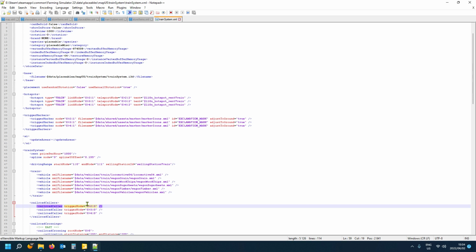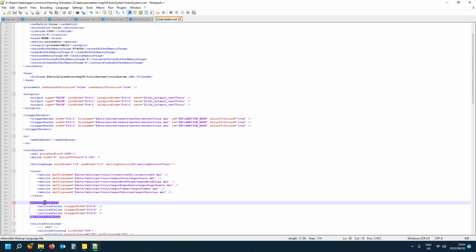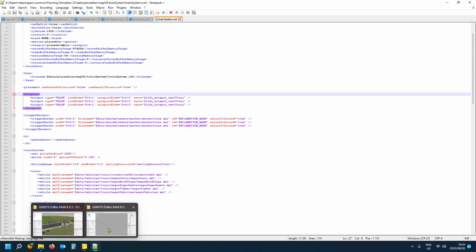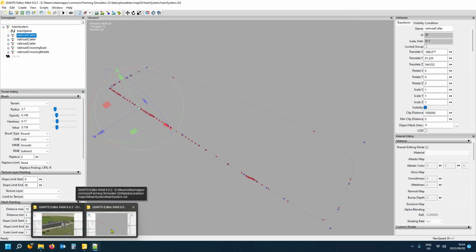It's an exclamation mark. As you see here, the trigger marker says it's an exclamation mark. So that is what you get there when you see the map. It's a map icon that's an exclamation mark. So the key is to understand that these 3 things, the caller, the trigger marker, as well as the hotspot, are all one thing in the i3D. You need to just remember that when you set up your